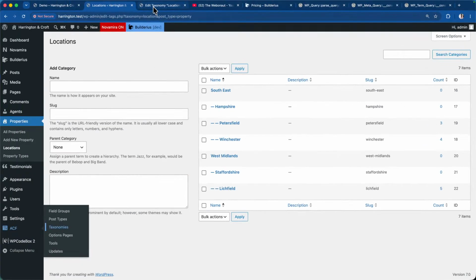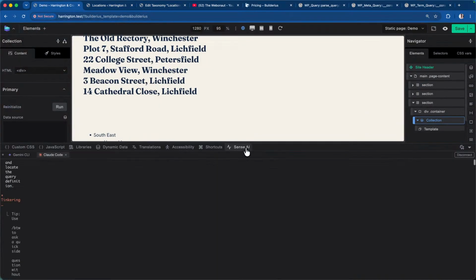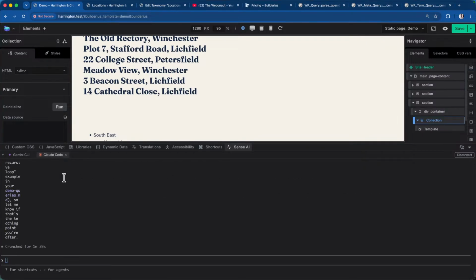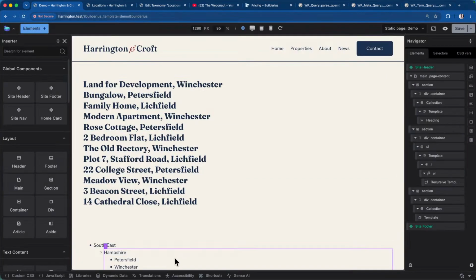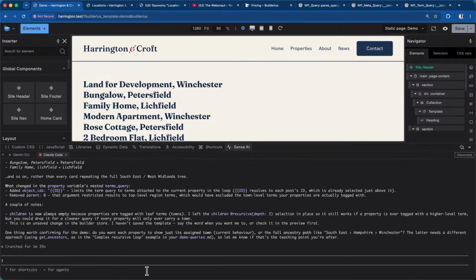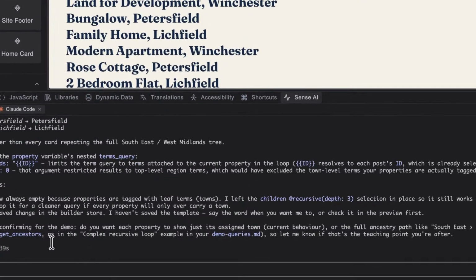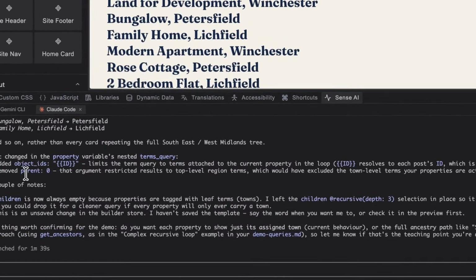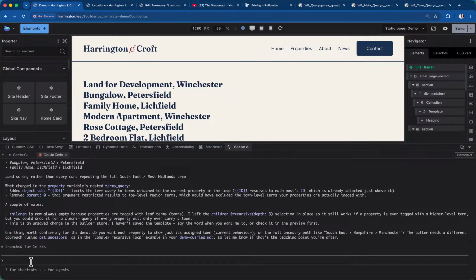So now what I have to do is use, if you look at what the Sense AI said, it said that I need to use, oh, it has broken up a little bit. Let me just save and refresh. It says that I need to add something extra. Dynamic data, sorry, Sense AI. It says I need to use, what's it called? I need to use this get ancestors. That's what I need to do. So I'll say, okay, go ahead and